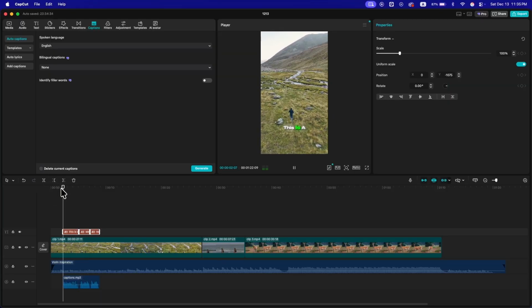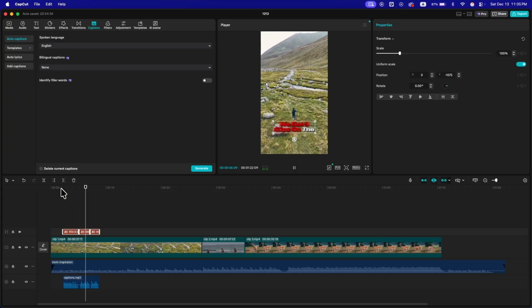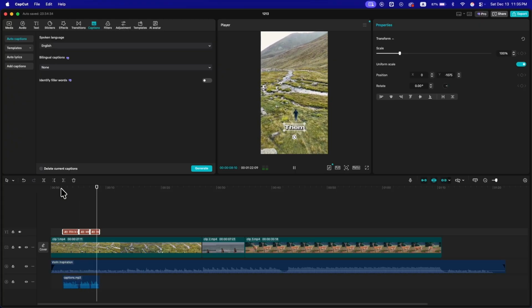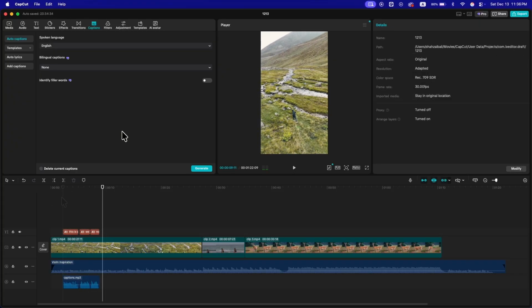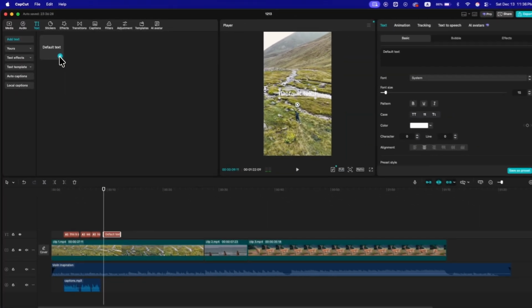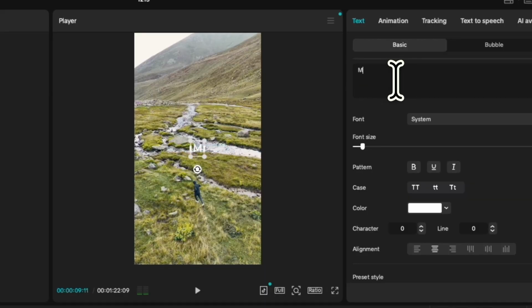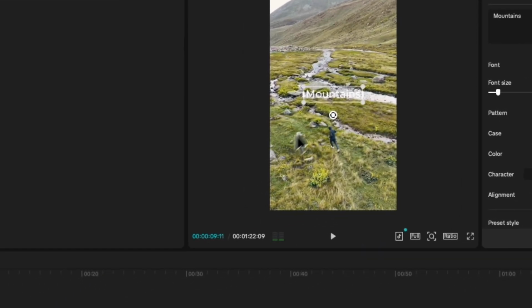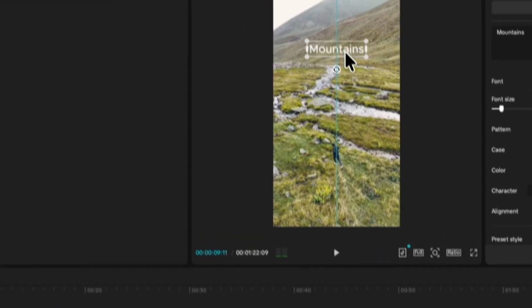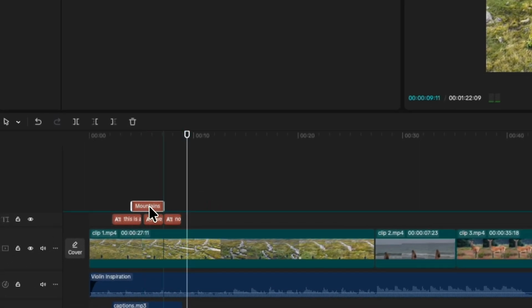Now, what if you're not looking to add captions into the video, but instead you want your own custom text? To do that, go to text here at the top and then click this plus icon to add a text layer. Then on the right-hand side, you have all the same customization options that you did with your captions. So for example, I can change this to mountains, and also I'm going to place it at the top, the text layer above the captions,